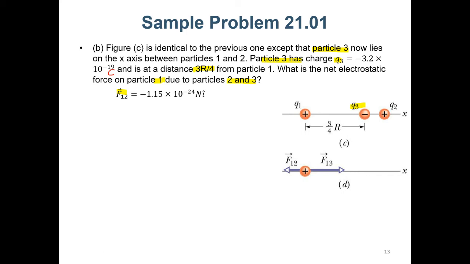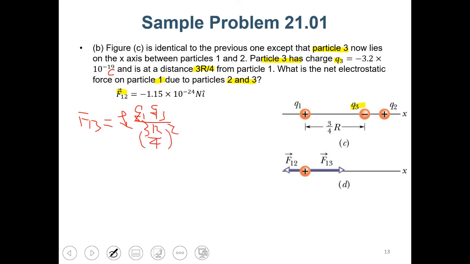Yeah. So F13 is nothing but k Q1 Q3 over (3r/4) squared. So it is 8.99 times 10 to the 9, and then Q1 is 1.6 times 10 to the minus 19, and Q3 is